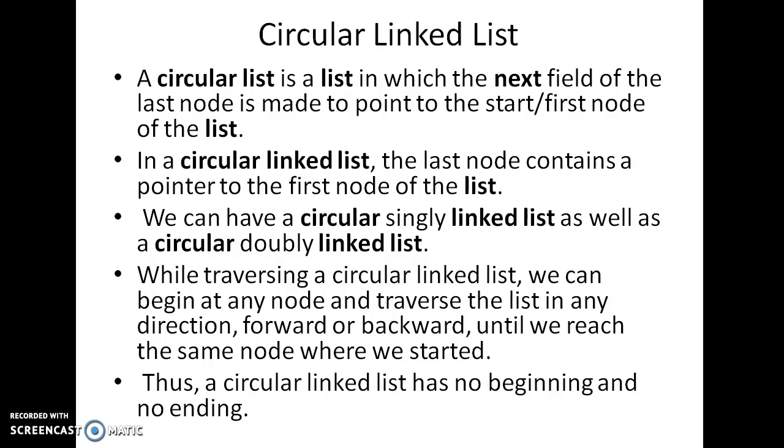When we are traversing the single linked list, we have seen that whenever the pointer of next is not equivalent to null, we are going to the next node. Like that, the last node will have the pointer of next containing the null value. Then we say that the single linked list end has been reached. But when we are considering the circular linked list, whenever the pointer of next is equivalent to the start, we have gone to the last node. That means the pointer of next of the last node is pointing to the starting of the linked list.